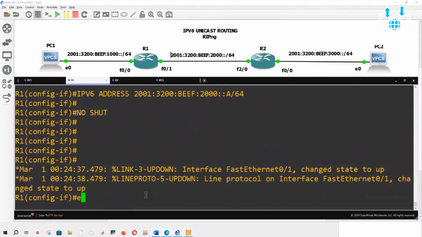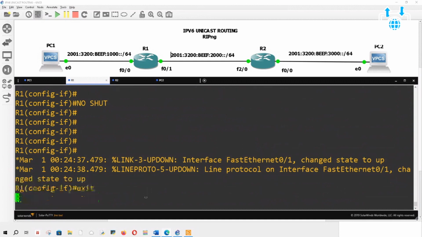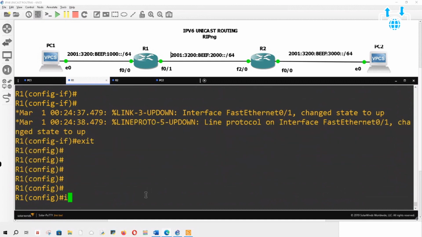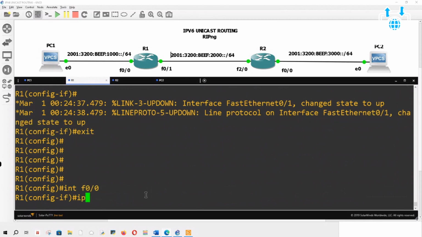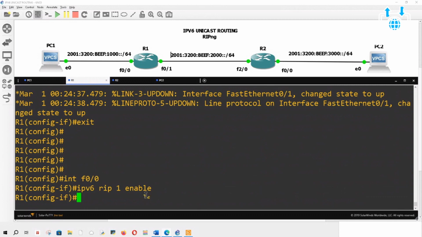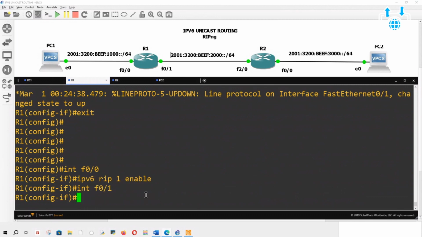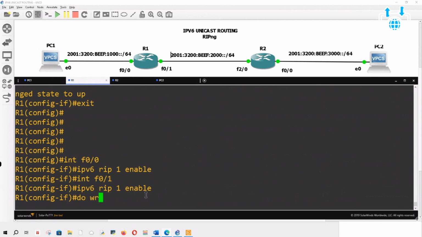There we go. All right. So we're going to go exit right here. We're going to go to interface F0/0. IPv6 RIP1. It's an actual process. IPv6 RIP1 enable. Yeah, very difficult. And F0/1. Up arrow. There we go. RIP1 enable.